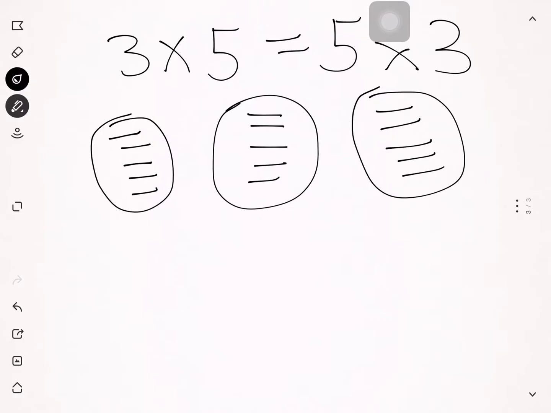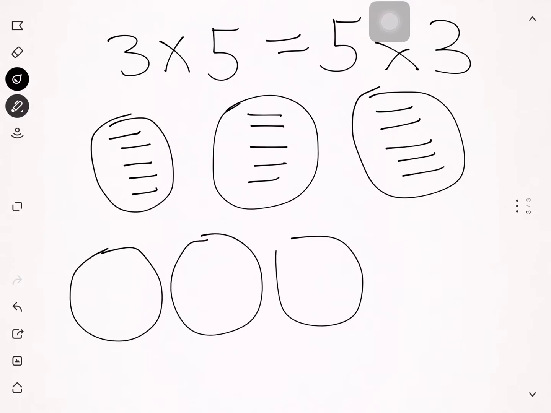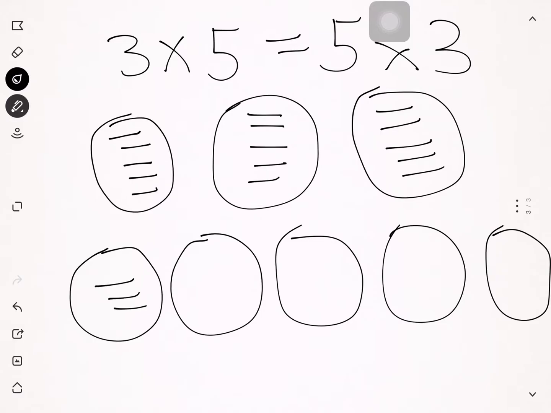So how do you relate in drawing? Simple, it is 5 groups of 3. Same, so it should be 1, 2, 3, 4, 5 groups. So each group will have 1, 2, 3. So you can see that actually when you draw a product of two numbers like 3 times 5 or